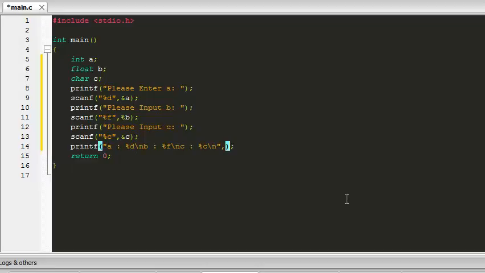See here, A, B, C. This binds A to this percentage D, B to this percentage F, and C to this percentage C. Okay, be very careful about that. Now let's run the program and see if it works properly. So here we have an error. I've written percentage B, it should be AND. Okay,